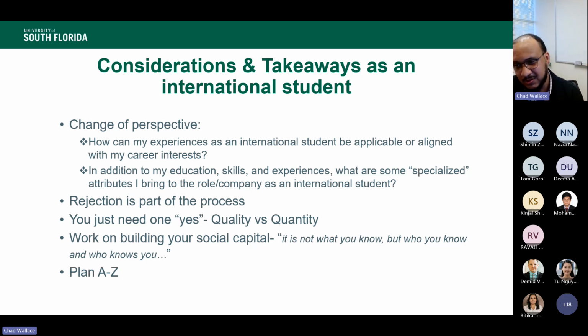So again, I know sometimes it feels hard because they hear that word sponsorship and they're like, oh, automatically, no, I don't want to talk to you, kind of thing. I know sometimes when we look at job postings or job applications, we have that often daunting question of, do you require sponsorship right away, or will you require it in the future, stuff like that. I know all those things, and I empathize with you. It's sometimes